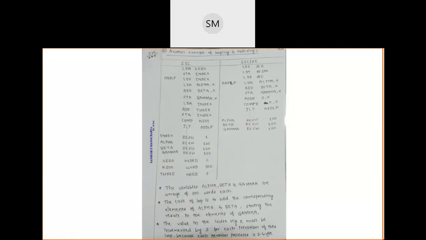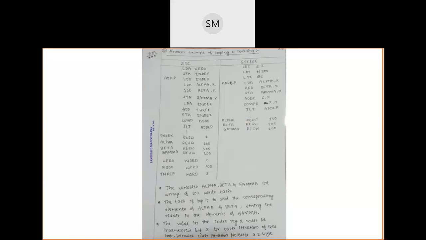Okay. Next is one more example for indexing and looping. Same thing here, but instead of copying string 1 and string 2, here we are taking 3 arrays, not ordinary variables or ordinary operands or labels. Those arrays are alpha, beta, and gamma.